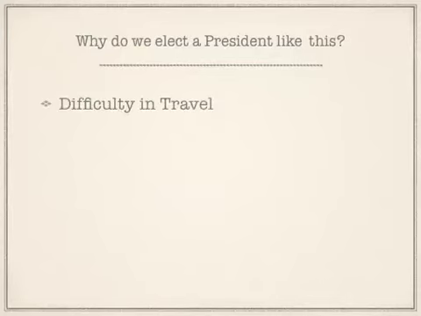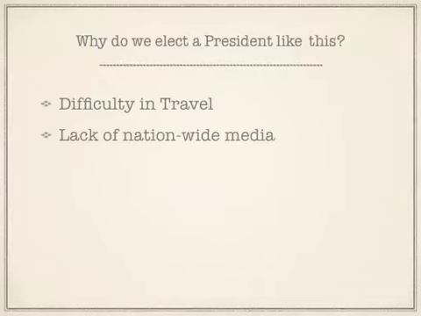The first one is, back when the framers wrote the Constitution, travel was difficult. It took a long time. There were no automobiles, there were no planes, there were no trains. And so there was concern about how a candidate could travel all across the country and get nationally known. Adding to this, there was a lack of nationwide media. No radio, no television, there weren't even truly national newspapers. So again, the framers were worried about how in the world is everybody in the nation going to know who